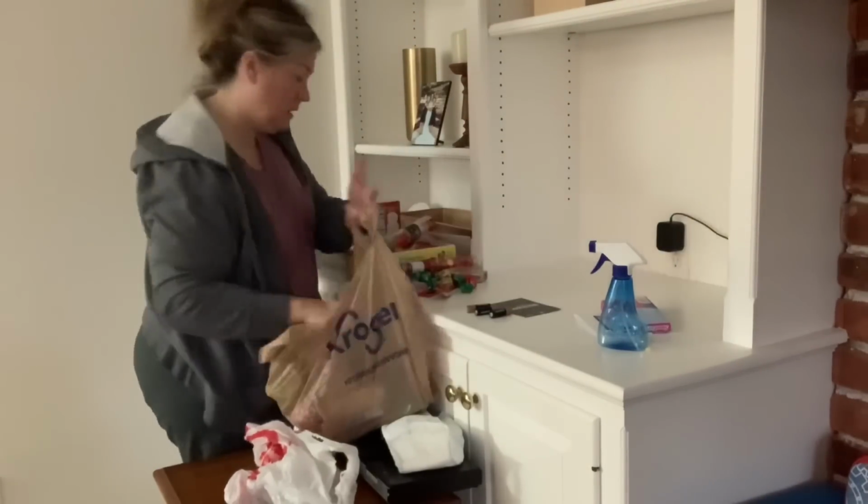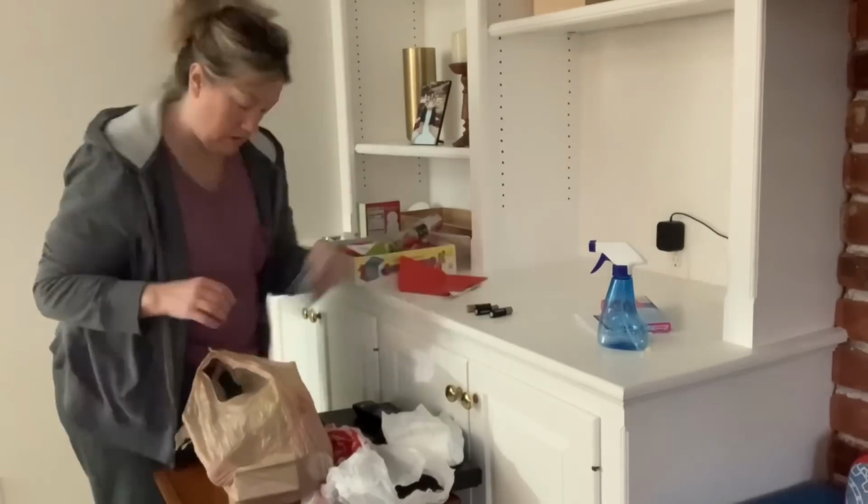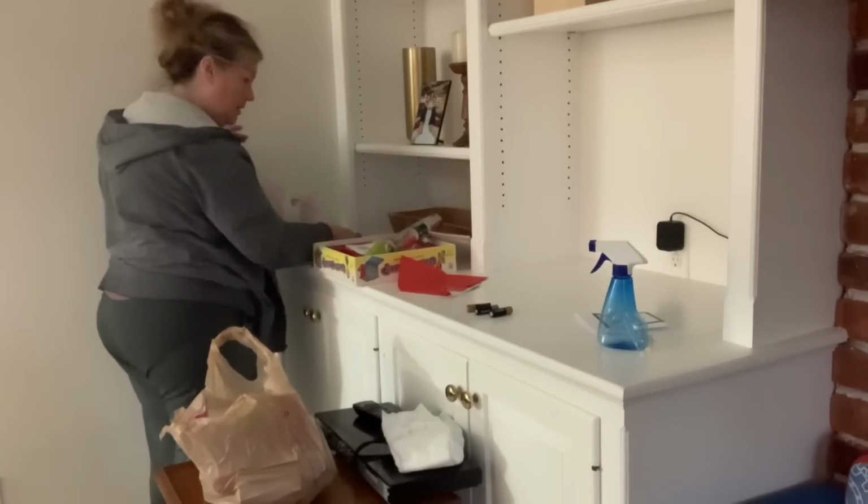And both Donna Jean and Viviana left all their stocking contents here, so I'm bagging them up and I'm going to put them in their bedroom. I haven't done this in a while, but if you're new,